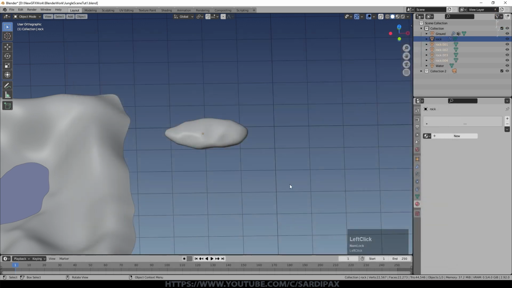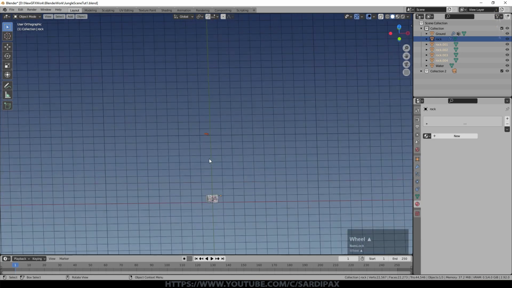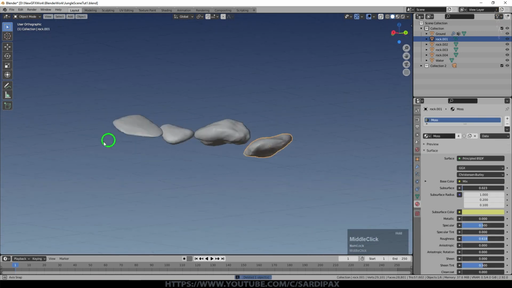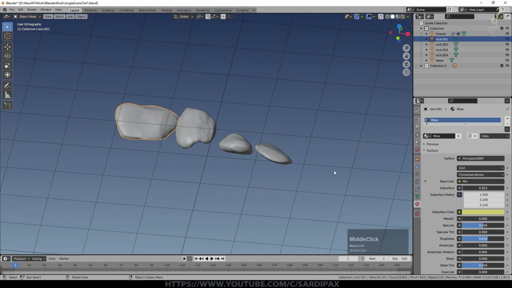You can link, and what linking does is it means if you go back to the original file and change the objects in there, the objects will be updated even in your new file. So there are my rocks. They're all the way over there. So let's bring them here where we can see them. I'll delete that one. And you can see they were created in exactly the same way, and they are just fairly generic looking rocks, but quite flat.